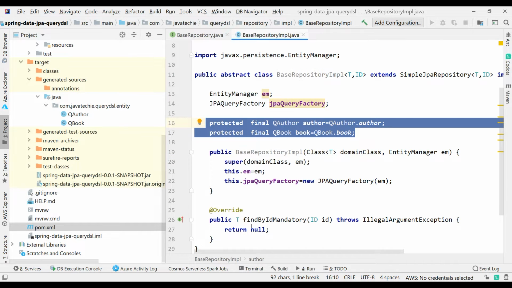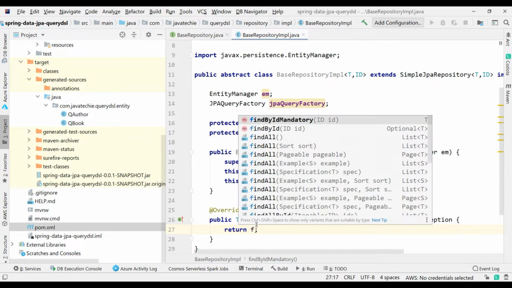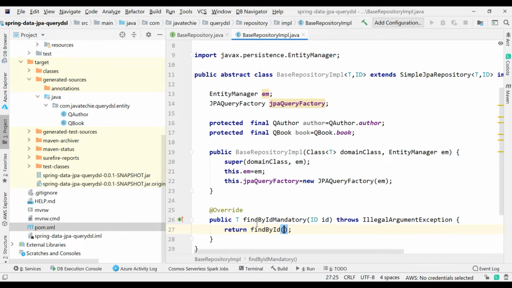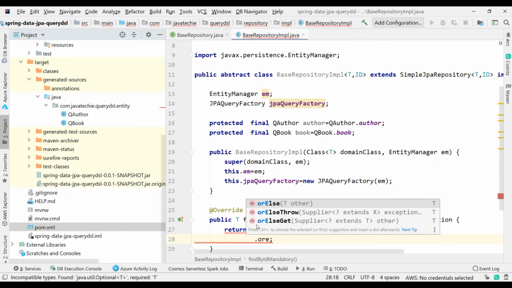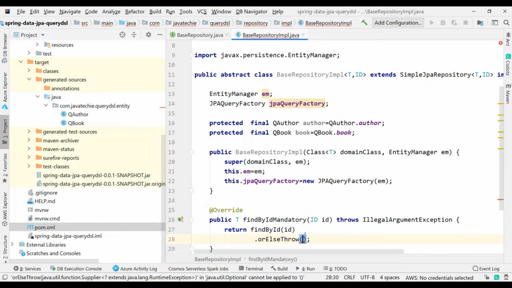So let's complete the implementation for this particular method. I'll directly use the find by id method, and then I'll pass the id. It will return the optional. So what I'll do, I'll just type orElseThrow. If there is no object based on this id, just throw this exception, because if you remember, this particular method is throwing illegal argument exception, correct? So I'll just add new illegal argument exception.